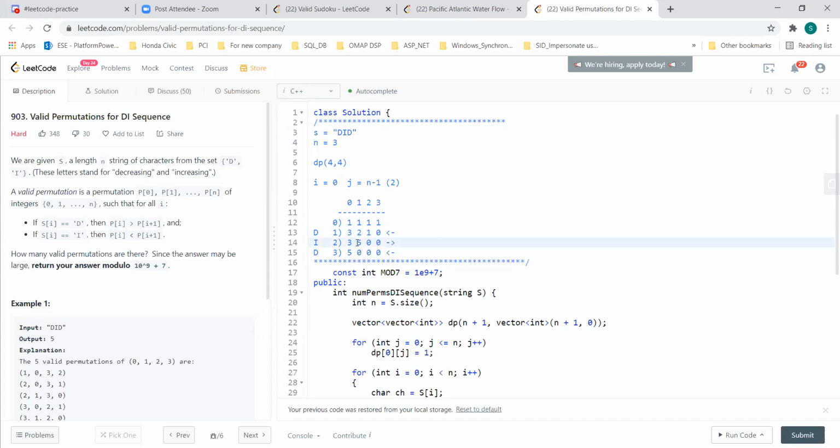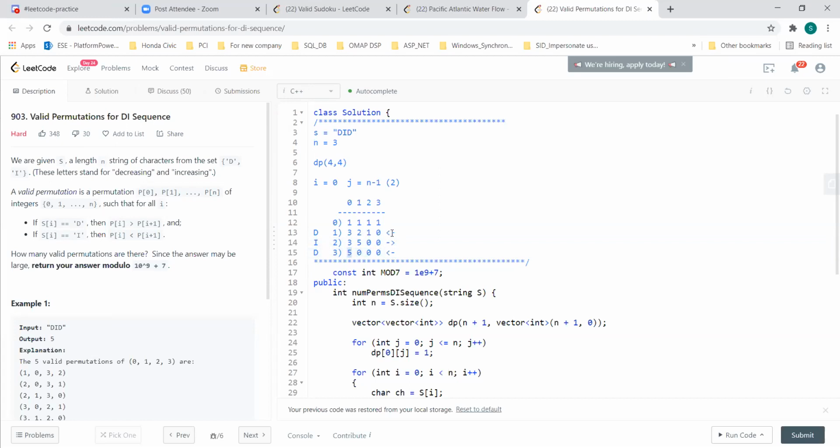I add only till these two, because the row number decides how many columns I have to go, since I have to keep decreasing. At the end, in this direction, all these are zeros, so this 5 will just be written over here because we don't have any numbers further.